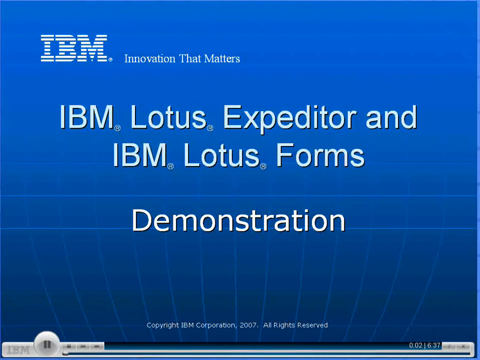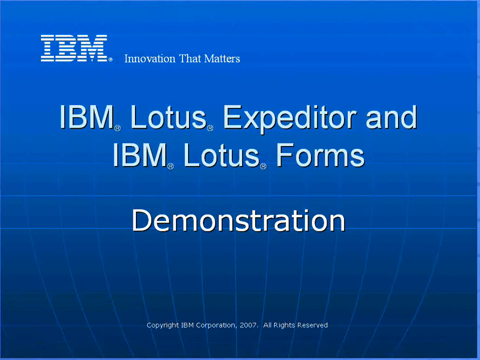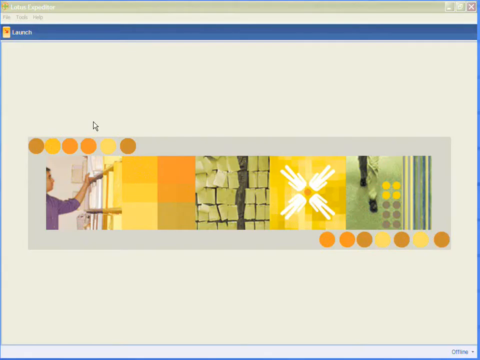This demonstration shows the forms processing capabilities of IBM Lotus Forms and IBM Lotus Expeditor software. Lotus Forms provides an open electronic forms solution that supports on- or offline processing. Lotus Expeditor can reduce the development effort needed to manage offline forms and enables electronic forms to be components in composite applications. While these capabilities can be used in many industries and applications, this demonstration is based on a banking